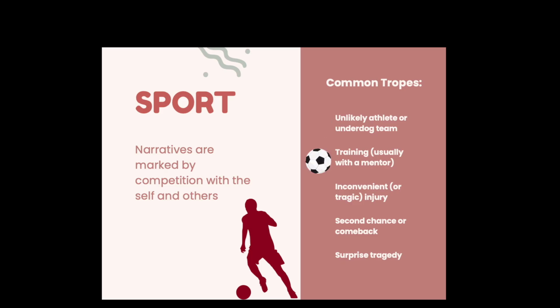This usually is immediately followed up by some sort of training. Whether the athlete is unlikely or likely, there is typically some sort of training because sports involves training. There's no getting around it. But this is actually a way to engage the audience in an emotional sense, because training often comes with a motivational conversation, a series of motivational conversations, and instances of seeing the main character grow and change, which can give a feel good sensation to the audience.